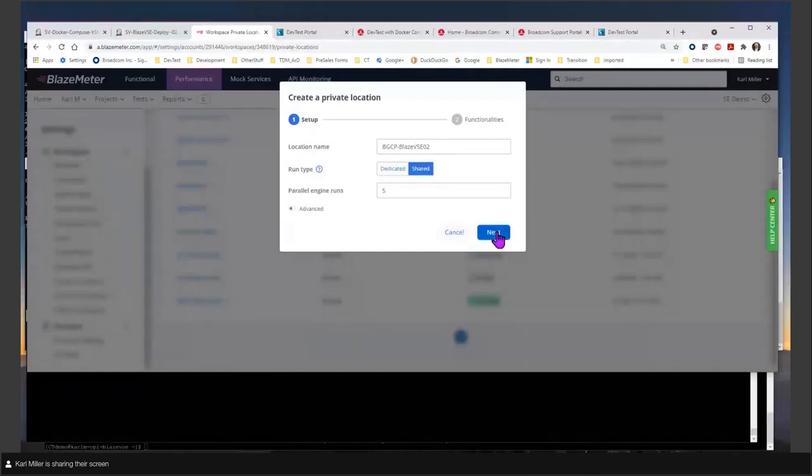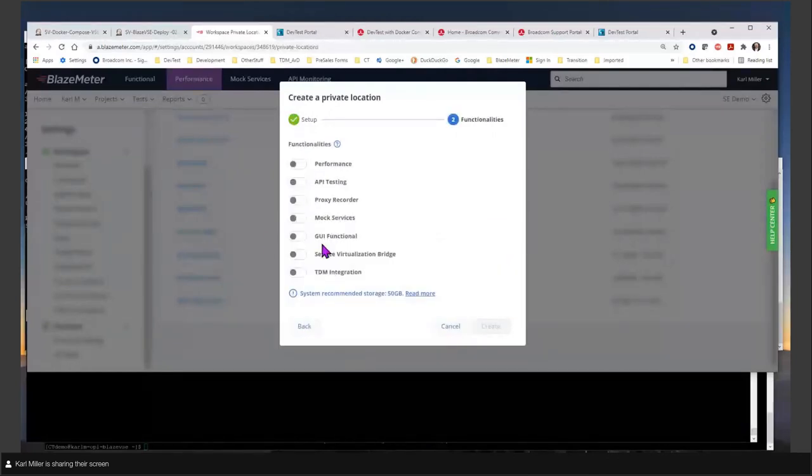Next, in this case, I need mock services here. System recommended storage. You can do a service virtualization bridge also, so that way it's connected. You can use that to connect to your traditional, what we call Service Virtualization Enterprise Edition. So if I click create,